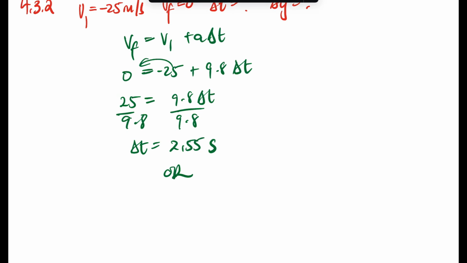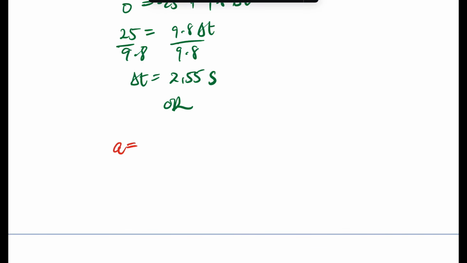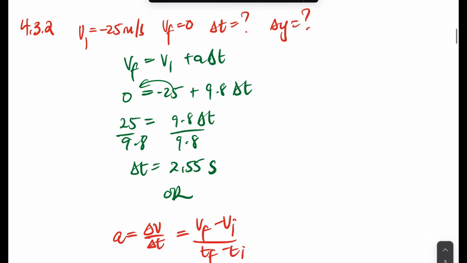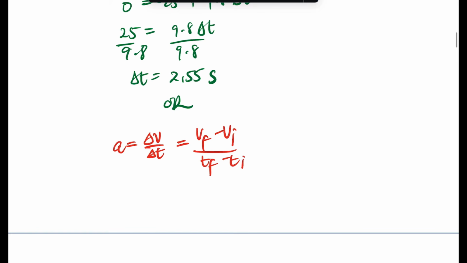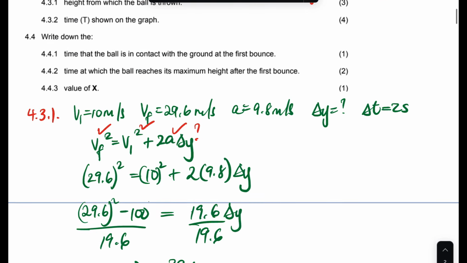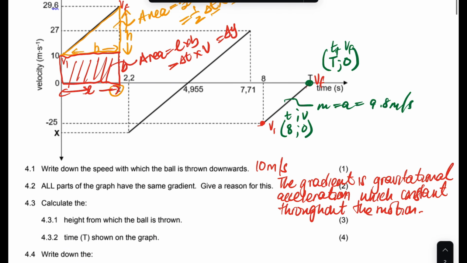You can see the slope of that. Alternatively, we can use the gradient. We can say acceleration is the gradient, change in v over change in t. So our change in y is going to be change in v, and our change in x is going to be change in t, so v final minus v initial over t final minus t initial. So we still have those points. The gradient here, I'm going to substitute 9.8, and the v final there is 0